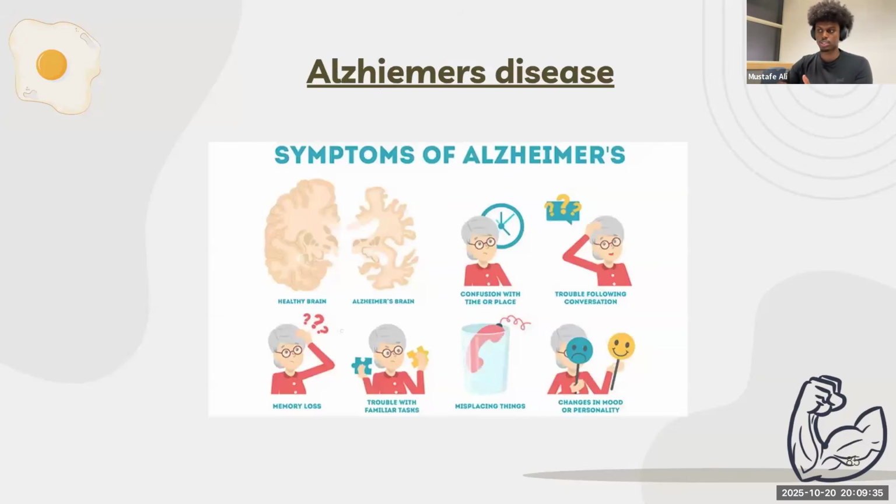So let's get into Alzheimer's disease first. Alzheimer's disease is a very common condition that happens with age. It's a very heartbreaking disease. The elderly start to lose their memory. They start to be confused all the time. They don't know how to do familiar tasks. And it's a very heartbreaking disease.